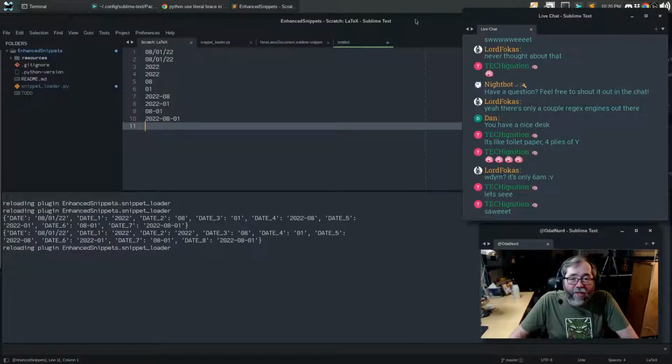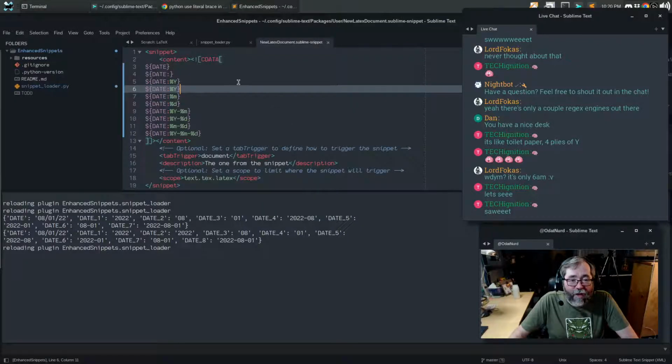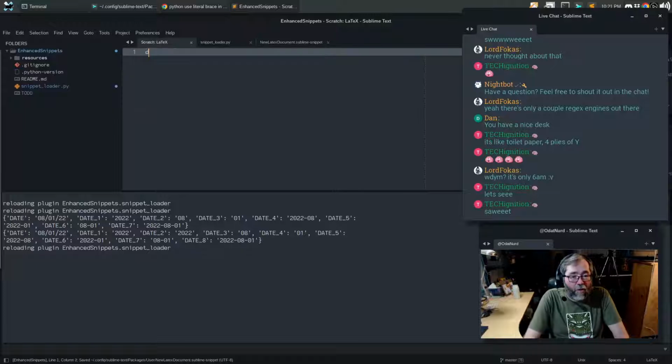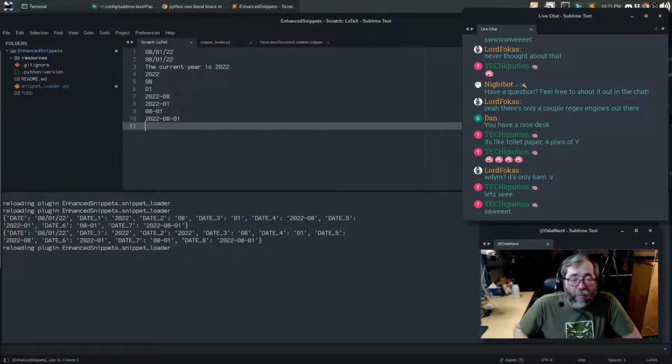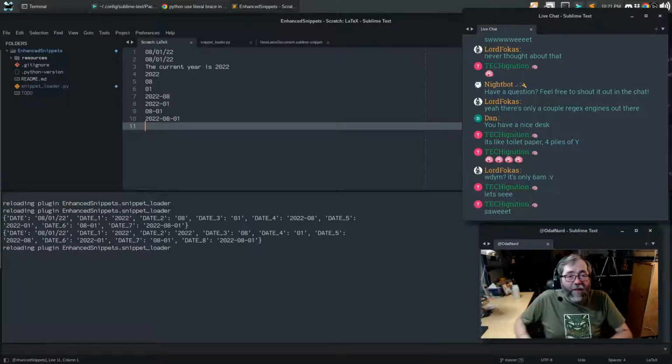Yeah. Theoretically, you could also put other stuff in here, presuming that the thing is as smart as strftime is. You know, like the current year is that, so in theory, that pops out there too. If you needed something like that. Seems like you could do that in the actual snippet, but in case you're doing something with a format that requires something like that,